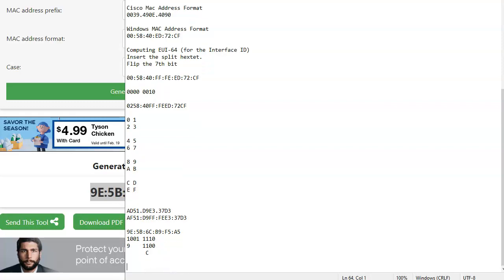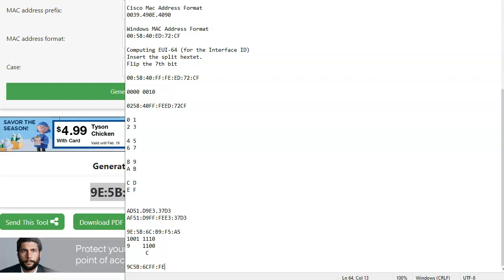So 9C, 5B, and then I'm going to insert the EUI identifier in there, which is FF, FE.